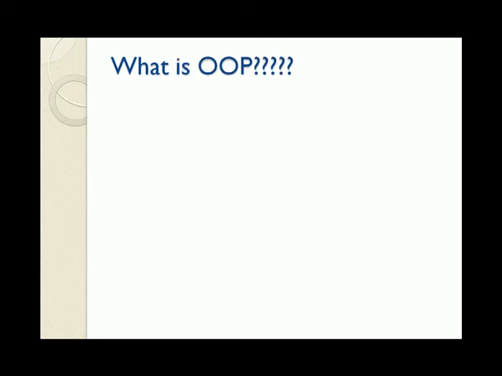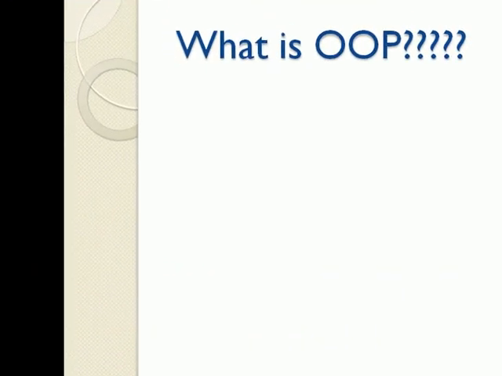Now, what is object-oriented programming? If you search Google for object-oriented programming, you will get several definitions for it. But basically, object-oriented programming means mapping real-world things and their behavior into software. Object-oriented programs have many features like classes, objects, methods, inheritance, abstraction, encapsulation. There are plenty of things, but in this video, we are only going to talk about several of them.